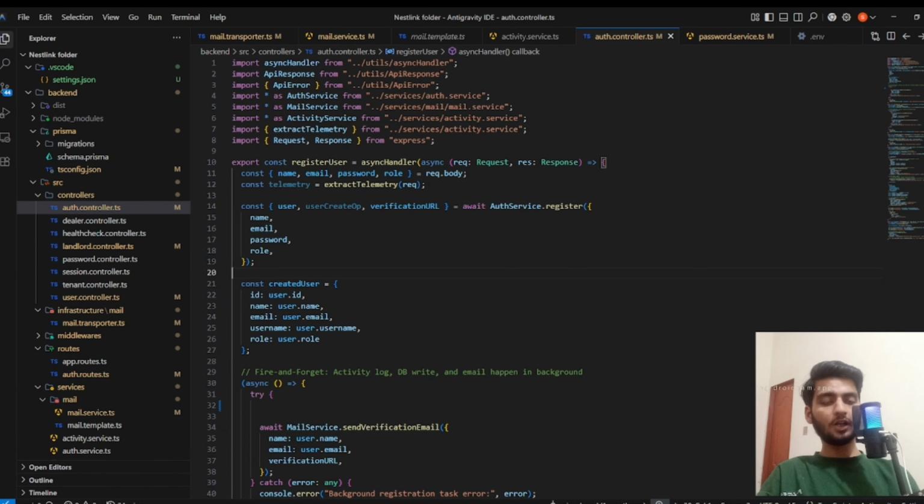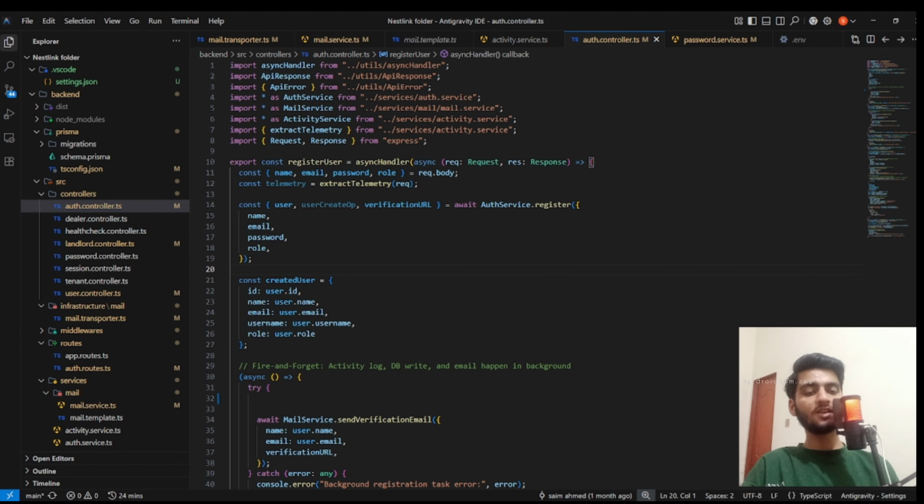Now you have understood how email sending works from the diagram, but it is very important to understand its implementation. Now let me walk you through the implementation in code, how we actually implement Resend or other configuration in our project to send the email to our users. Now I will show you how you can set up email sending in your project.